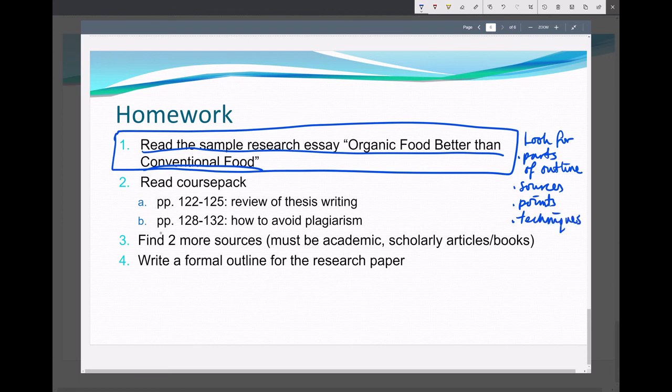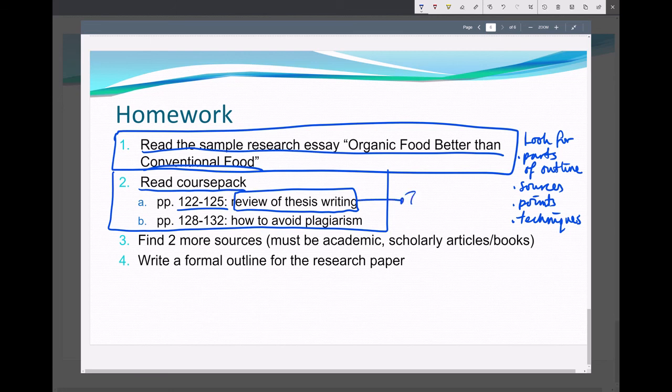And to help you practice those skills, along with this week's lecture, you can read the course pack, page 122 to 125, to review how to write a thesis statement, and page 128 to 132, how to avoid plagiarism.